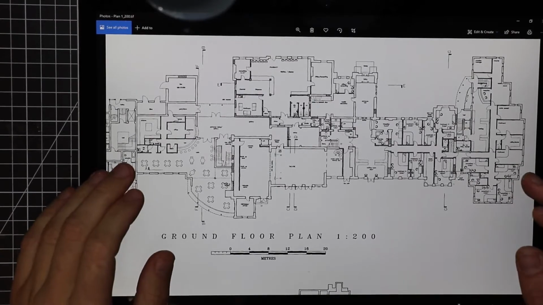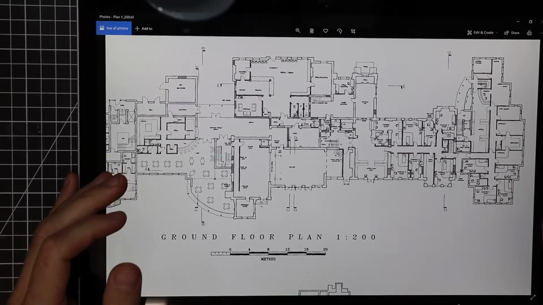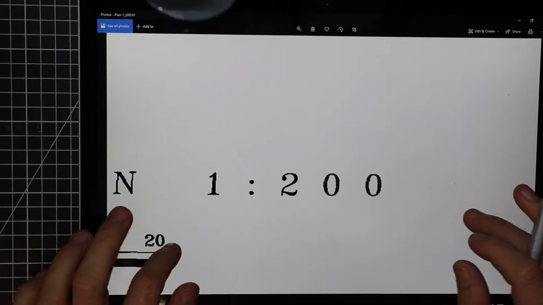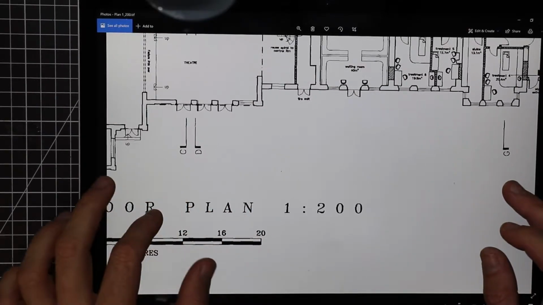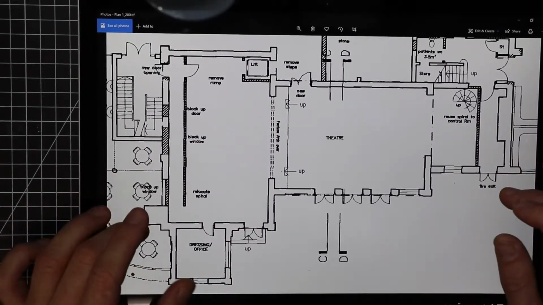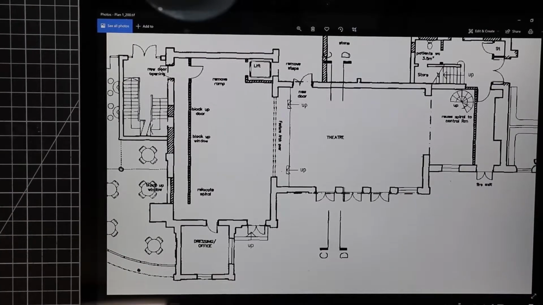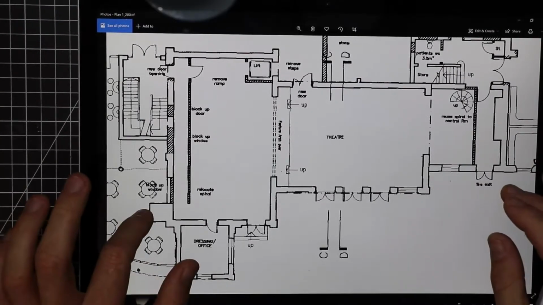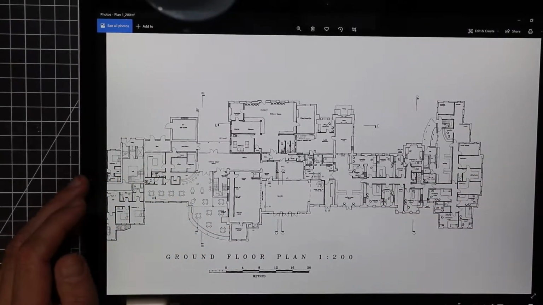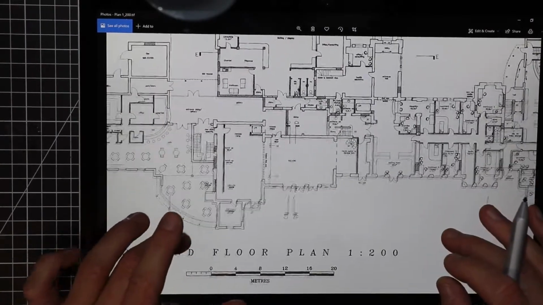Okay, hi guys. What we are going to do right now is interpret our plans. However, they are set to a scale of 1 to 200. So we have to use our new knowledge on translating these to scale. What we need to do is transfer these to a usable scale that we can use in a model making exercise. And by doing that, we shall also be able to create a series of drawings that we can submit